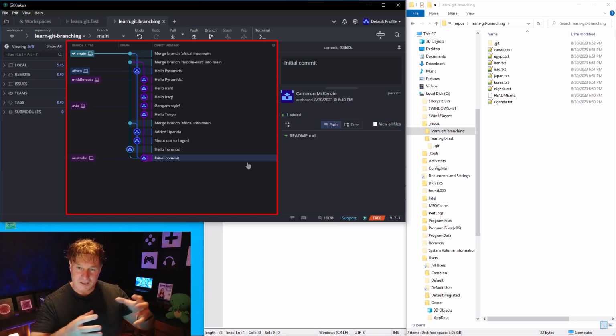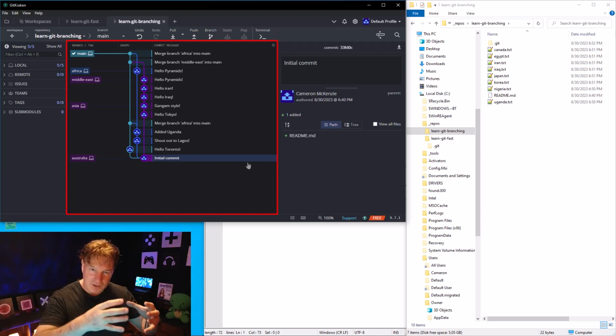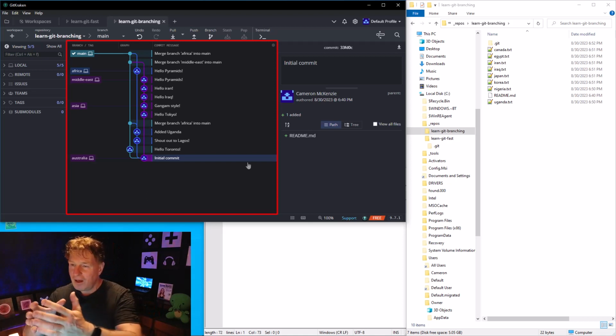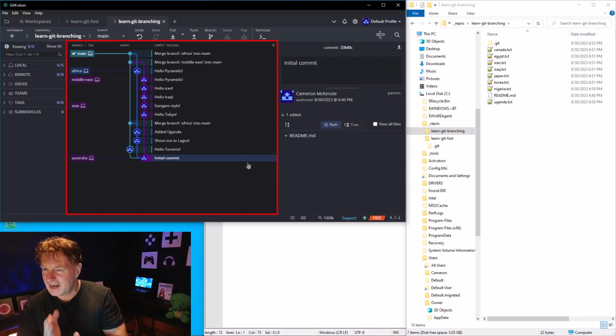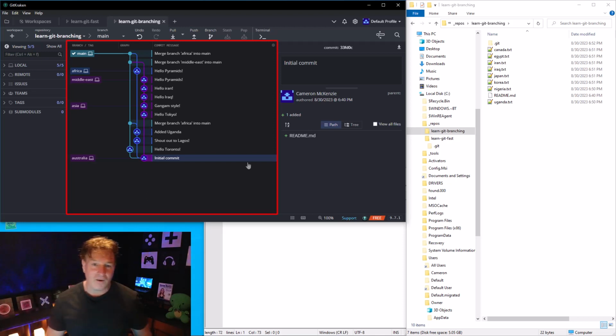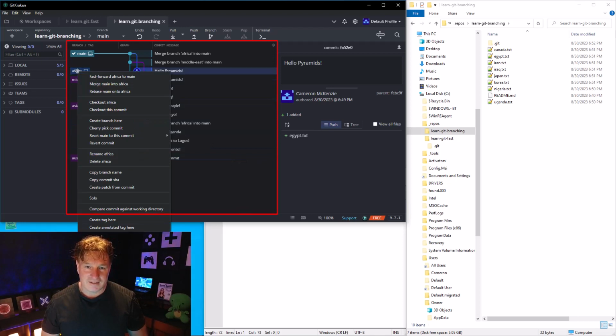You can see different branches being created. You can see different merge points. Now you finally get to the point where all of the files from each of the branches, Canada, Egypt, Iran, Iraq, Japan, Korea, Nigeria, Uganda, are all now on that main branch. And once that's done,